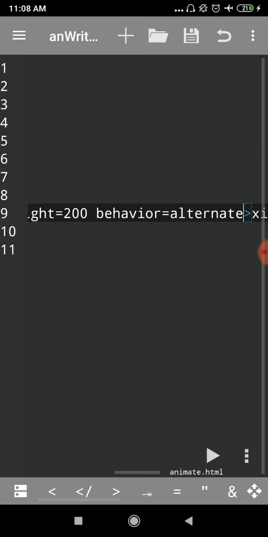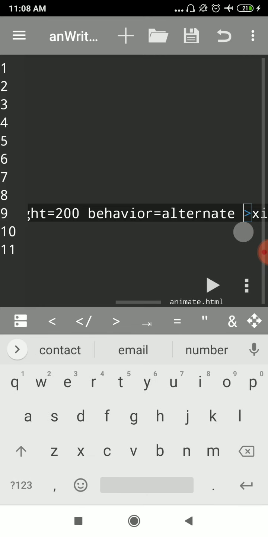You can see it is bouncing back, touching the edges and bouncing back. So there is no entry and exit point here, it is inside the box itself. Here I have already shown you all three values of behavior, and how you can use this property. The next property is scroll delay.